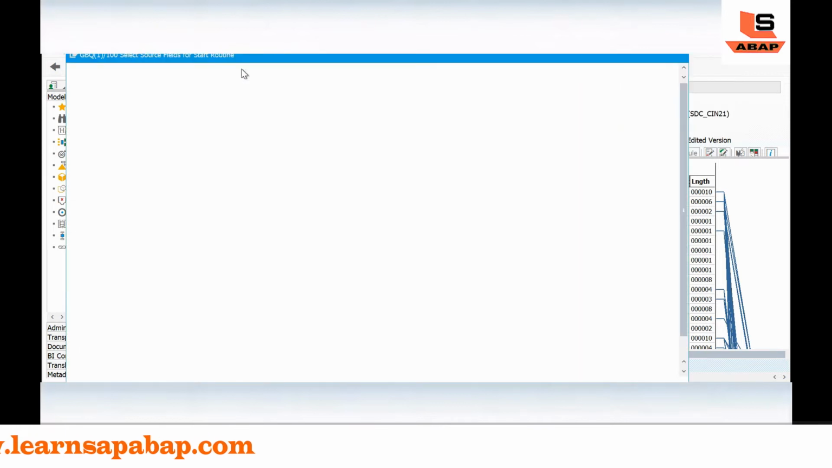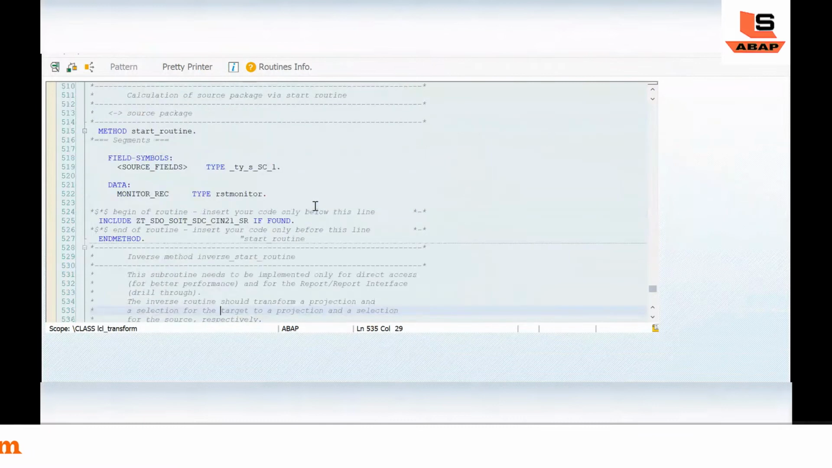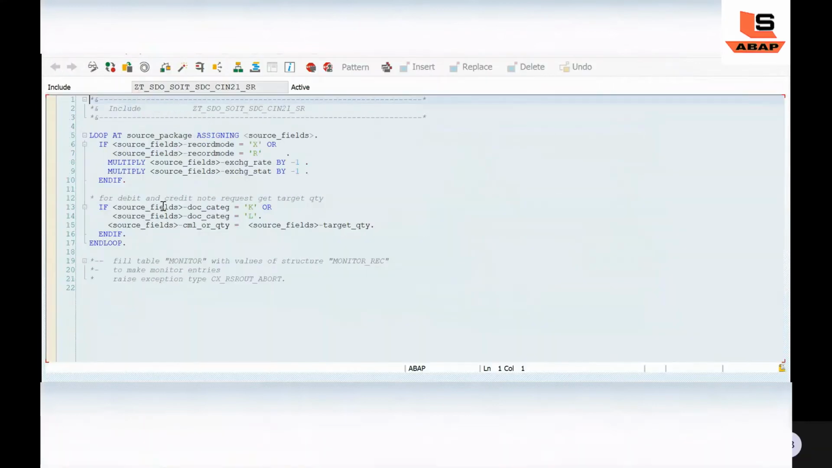So first of all, we just have to click on the start routine. In the start routine, we click on this include, and here we can set the breakpoint. Once you try to set the breakpoint, it will give a pop-up in which you will find multiple programs. You need to select the proper program, and if you are not aware which program we have to select for this particular include,